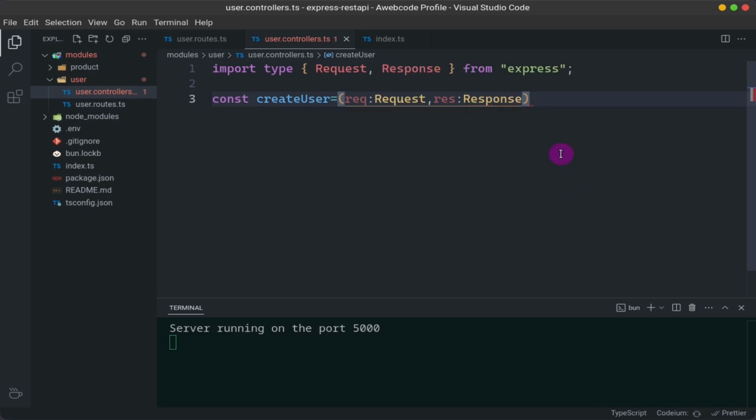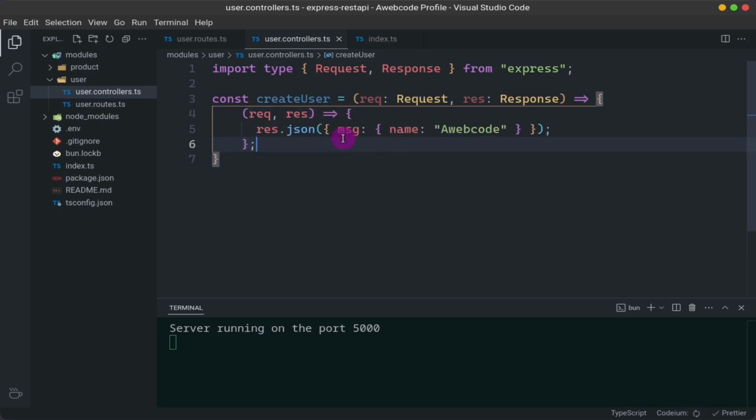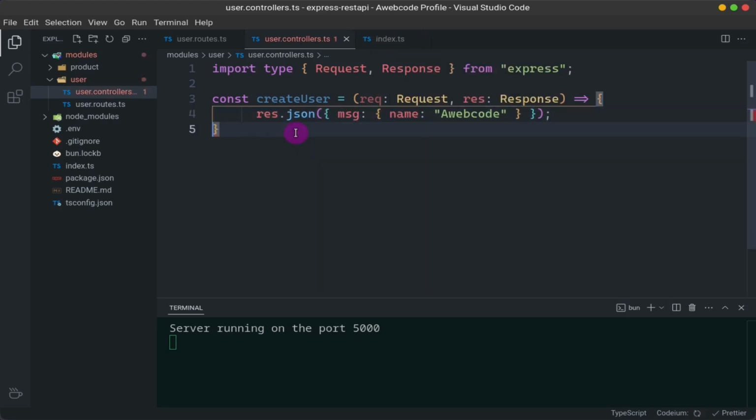Okay, it is also from Express. And now we are creating an arrow function, and it will just return response.json with the message a web code. And now our controller code is clean, but